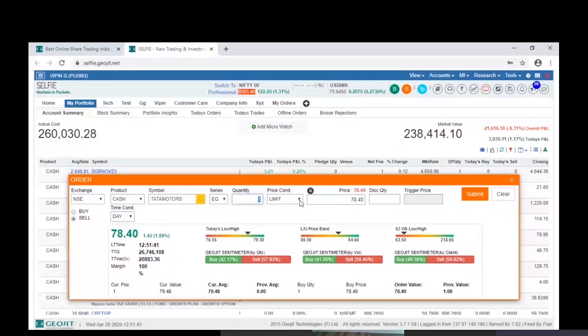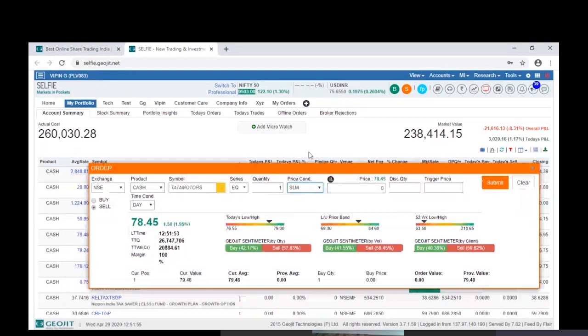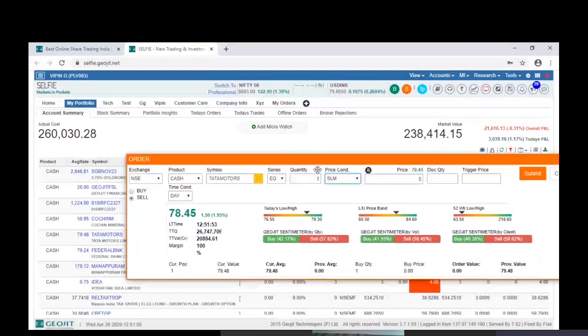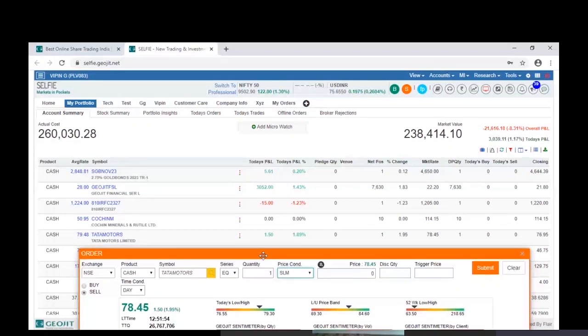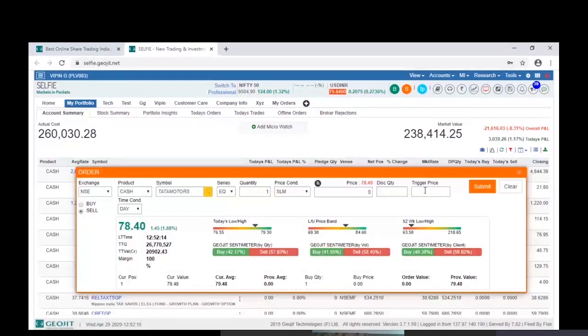Okay, so as of now, Tata Motors is quoting at around 78 rupees. I would like to sell it somewhere around 100 rupees. I know that today it is not going to become 100, but still, I want to limit my losses. Limit my losses means I am telling the system that whenever the trigger price is reached, the trigger price being the price at which I am instructing the system that whenever Tata Motors reaches a particular price, then execute the order for me.